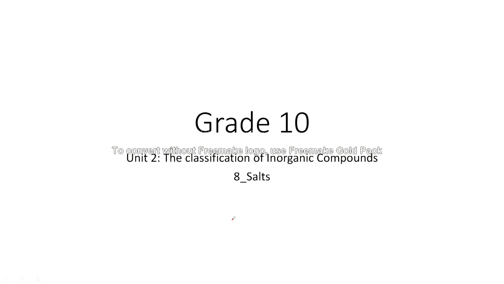For example, exercise 16 says which option gives the correct classification of the salts. You have potassium chloride, potassium hydrogensulfate, and BaOHCl. So you need to tell us if the first one is neutral or it is